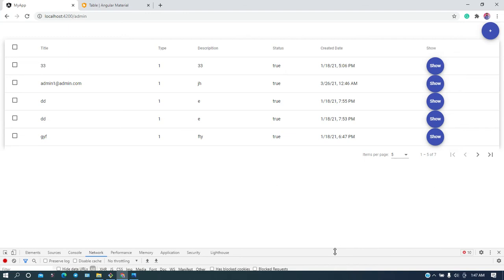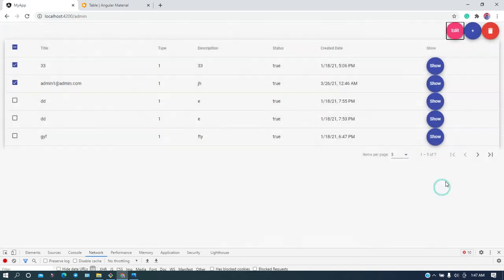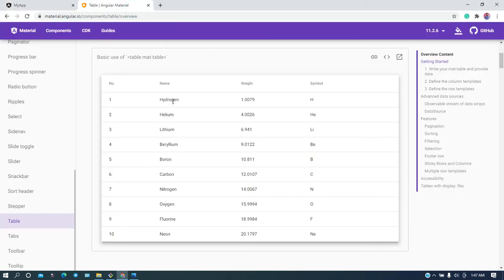Let's try to understand how we can do all these things. If you click the checkbox, then all the checkboxes are selected, and if you uncheck, then you can notice that it's unchecked. Also, whatever rows you have selected, you need to get that detail. You can edit, like bulk edit, you can do all this stuff, or you can delete together. So all these things we will understand in this video series. This is a basic table, how this table will look.